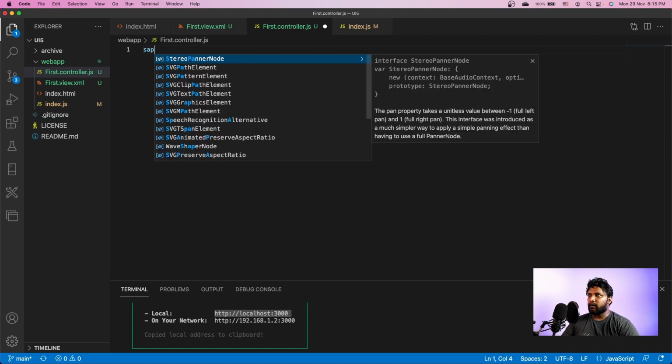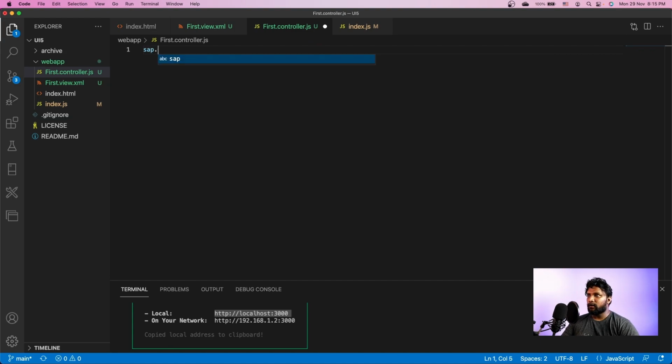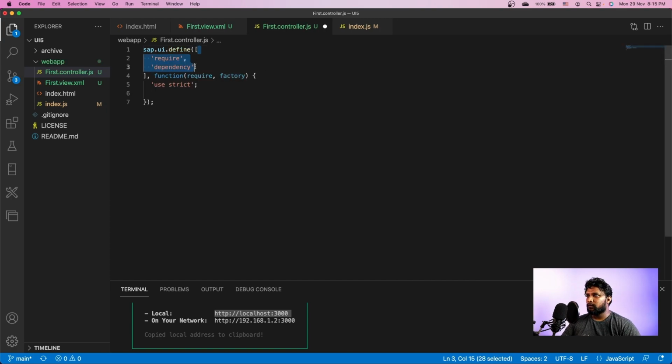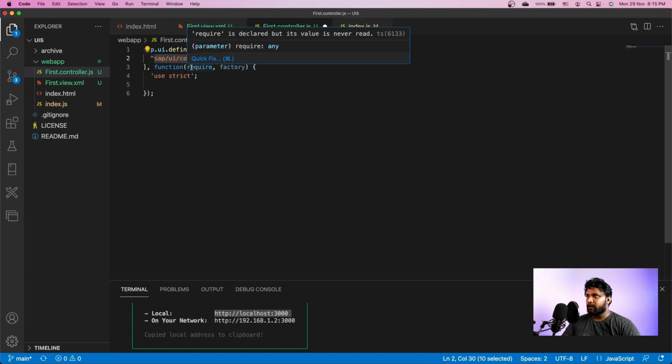So let's create a controller instance by using sap.ui.define. Controller belongs to sap/ui/core/mvc/Controller. So we get the instance of controller. This is the base controller. Now we need to return an instance back. So return